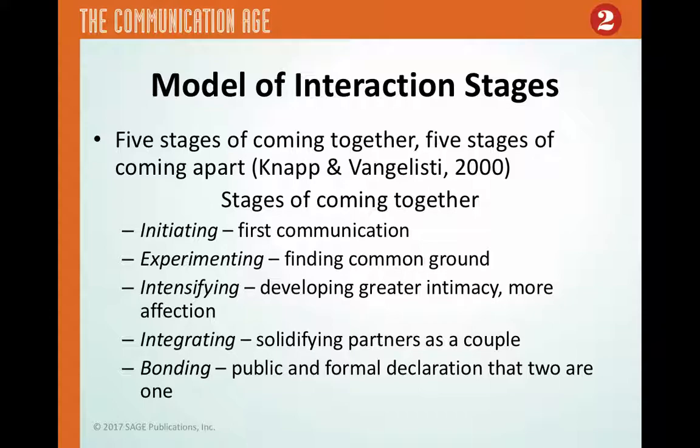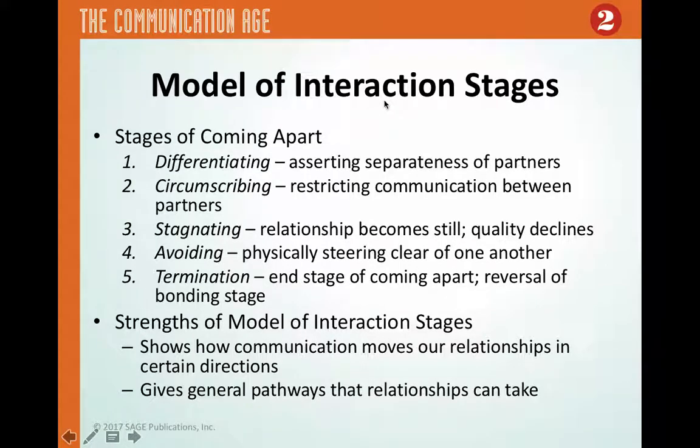So this was typically used for romantic relationships, talking about how two people that are partners come together, and it's worded in that way. The terms used and the way that it's operationalized really still does speak to romantic relationships, but these 5 stages can still be used to describe how friendships and other forms of relationships form. But again, 5 stages of coming together. If you break it down, this is a stage model for how interpersonal relationships and romantic relationships are formed.